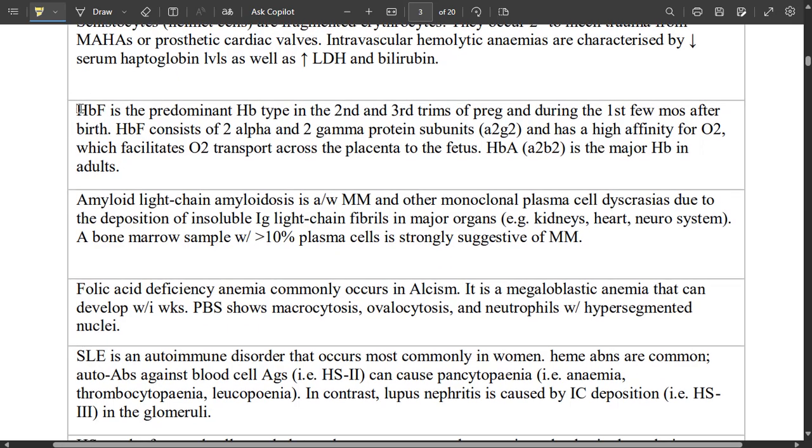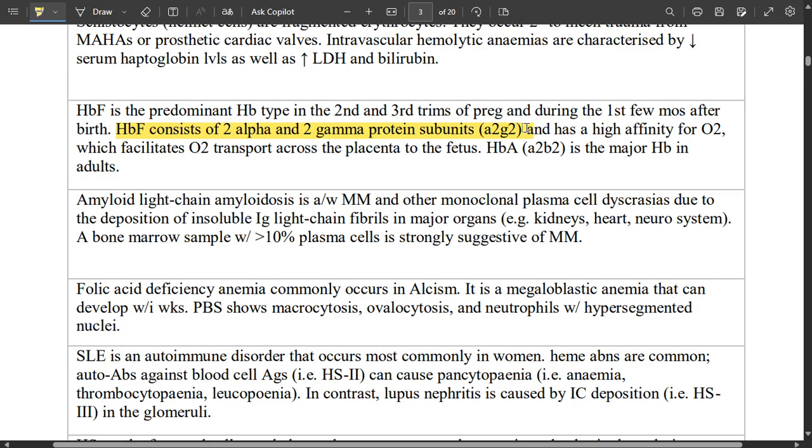So HbF is the predominant hemoglobin type in the second and third trimester of pregnancy. So in the baby, HbF, fetal hemoglobin, is the predominant hemoglobin type in the second and third trimester of pregnancy and during the first few months after birth. Fetal hemoglobin contains 2 alpha and 2 gamma protein subunits, alpha 2 gamma 2, and has a high affinity for oxygen, thus causing a left shift in the hemoglobin oxygen dissociation curve,